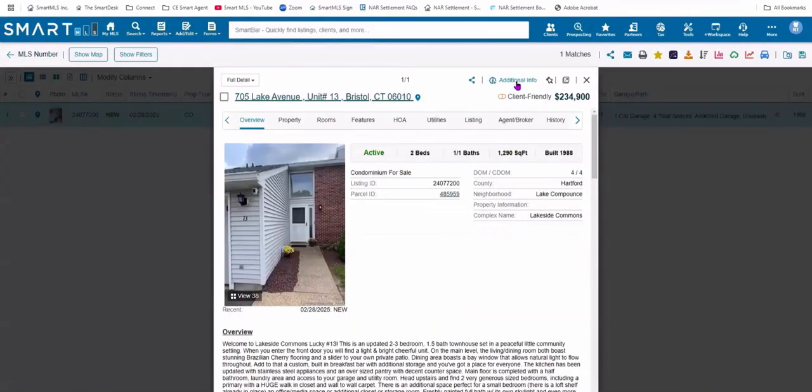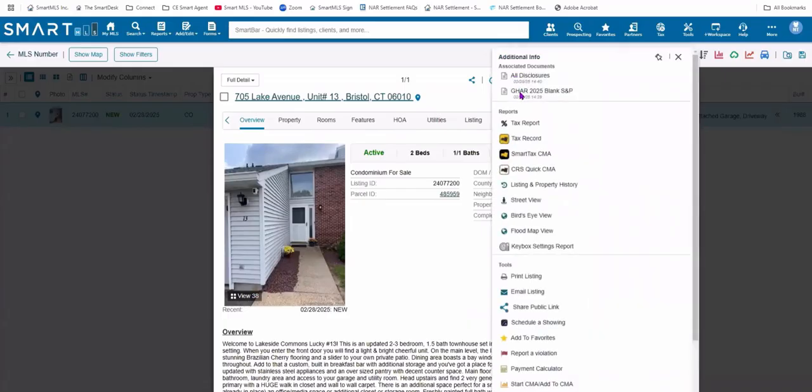You can go to additional info here, and you'll see tax record. You'll also see Smart Tax CMA and CRS Quick CMA, two types of CMAs that this program can do. CRS is the vendor. This is effectively the same thing as Smart Tax Quick CMA, but CRS is a little shorter. So again, remember that's the vendor, so it's the same program. And you can look at the tax record. Click that,